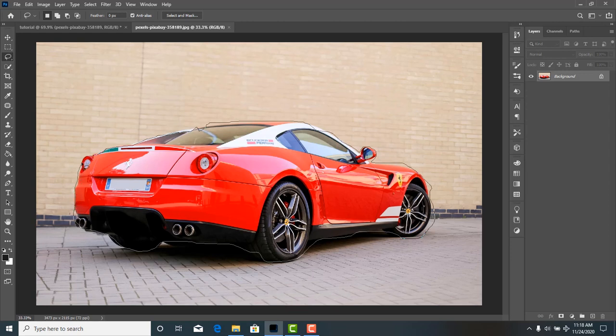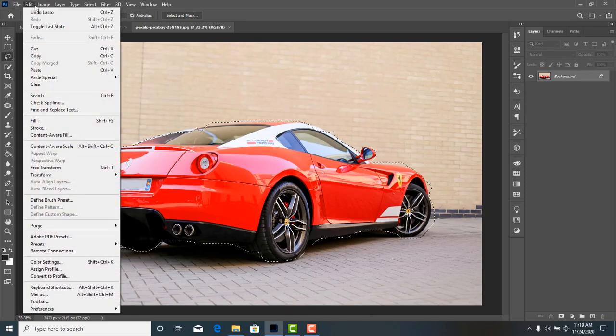Now I can just take that back to where it started. You can get any image and do yours. I won't be leaving this source image in the description. I want you guys to get another pic and use it yourself and try what I've shown you here. And now you can see, once I take it back to where it started and join that together, it makes a selection. And once I go down to Edit,